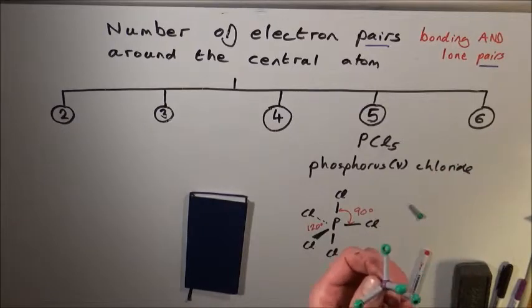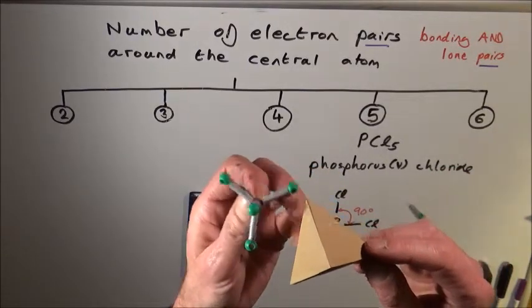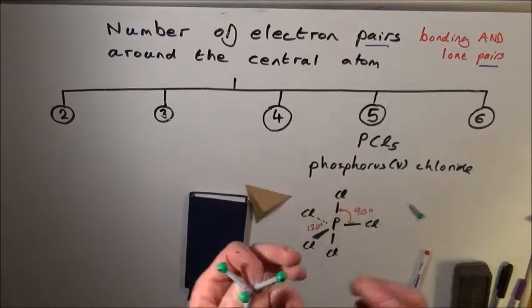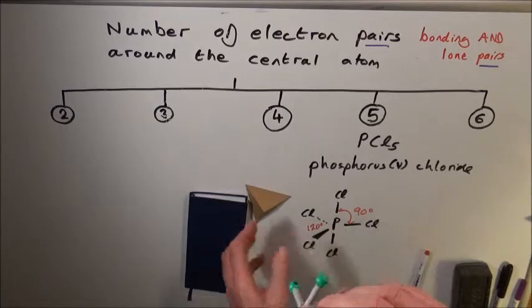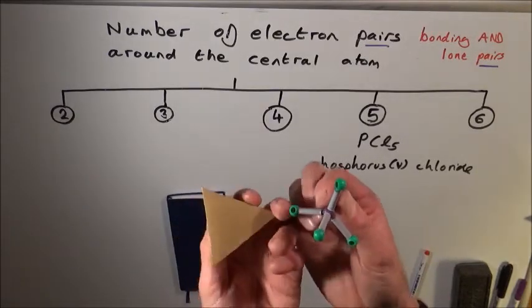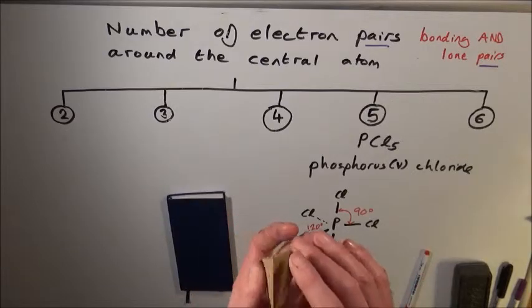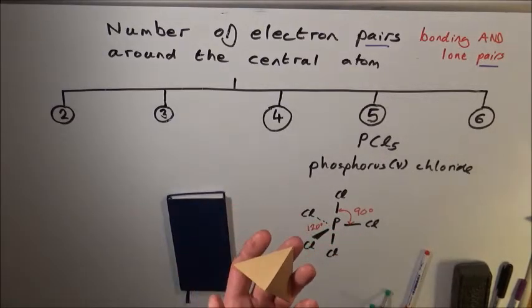There it is. If I wrap that one up, it would form a pyramid with a triangular base, but it's like two of those joined together with a common base. So I've got one of those on the top and one of those on the bottom. So it's a trigonal bipyramid,